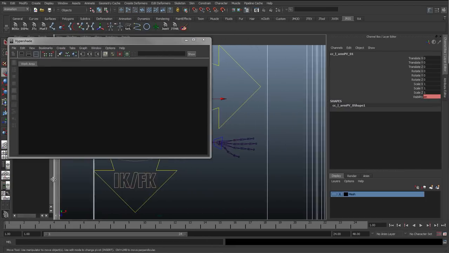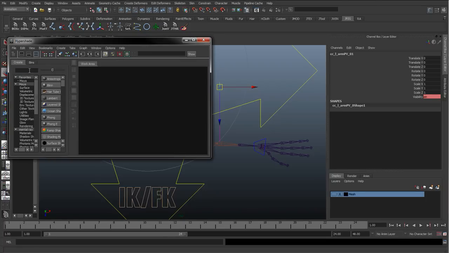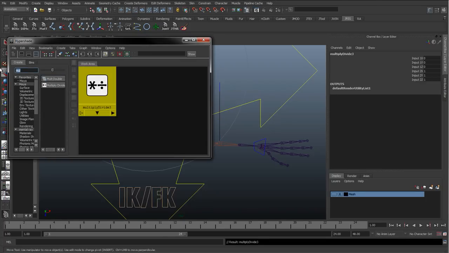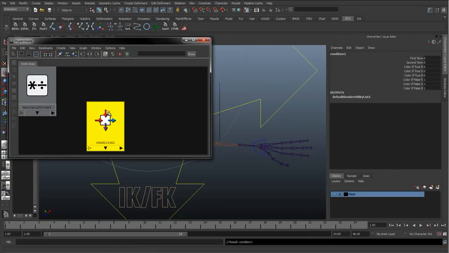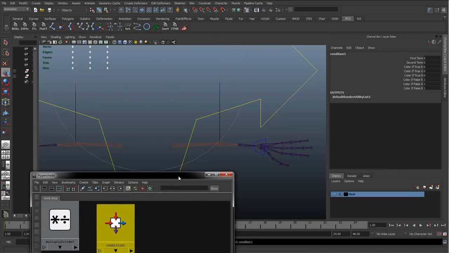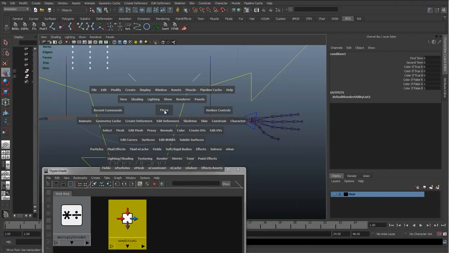and I'm just going to go ahead and create a few nodes. So I'm going to create a multiply divide, create that. I'm going to create a condition node, and I'll explain that in a minute. And I'll leave them there for a minute, and then what we're going to do is we're going to create